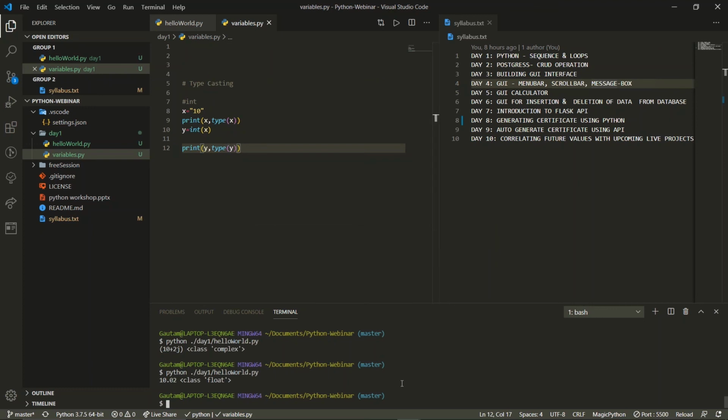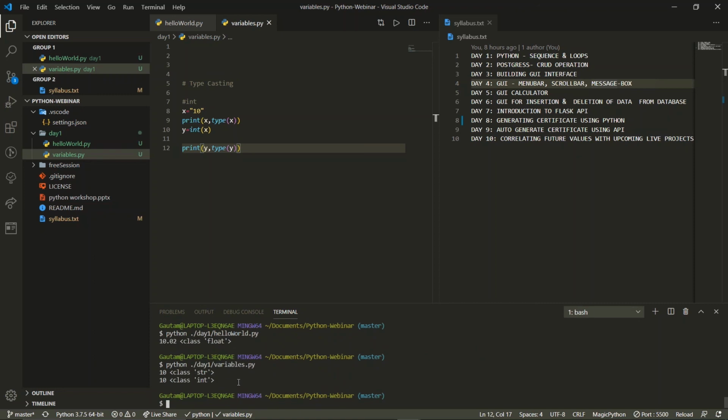Okay, so let us run this code. We will have certain changes over here. First 10 is of type string, and the second 10 is of type integer.